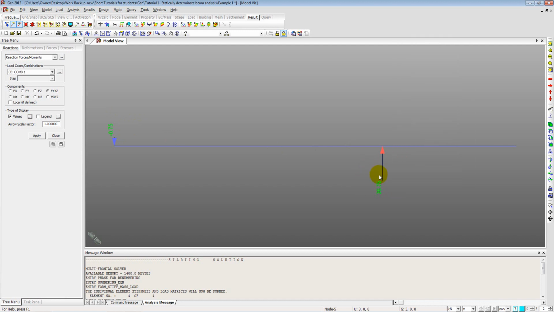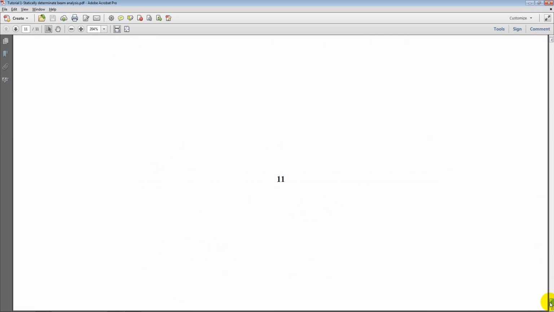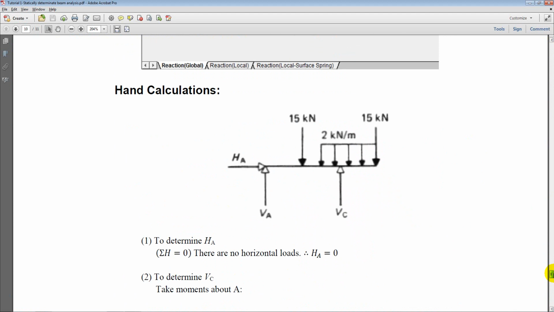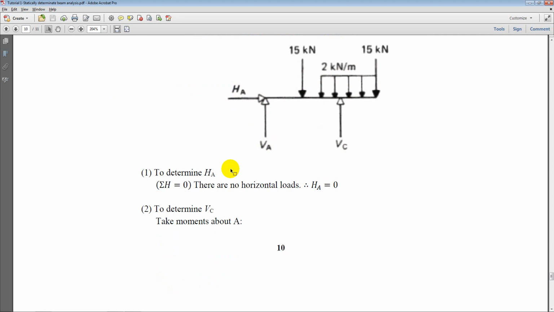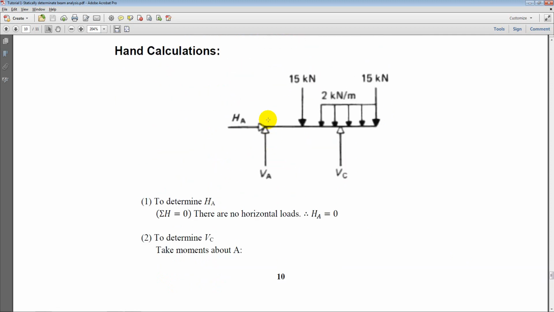Let's see how the hand calculations correlate with these values. So I'll go back to the PDF. So hand calculations, we have this model. So naturally, because all the loads are in vertical direction, we will have zero horizontal reaction at the support A. So we will only have VA and VC vertical reactions. Which can be very easily found by simply taking moments first about A and equating them to 0, and